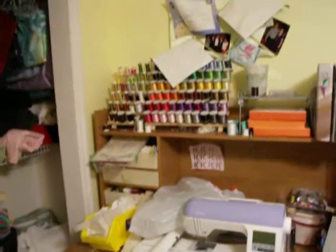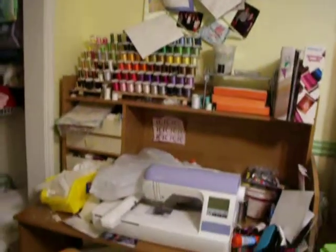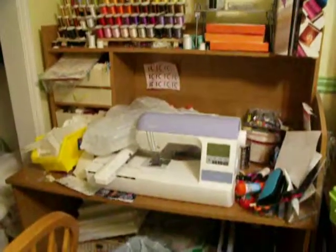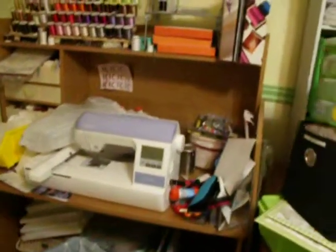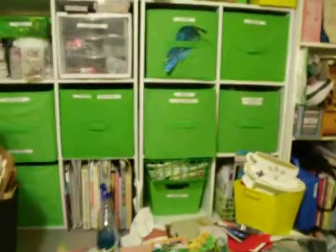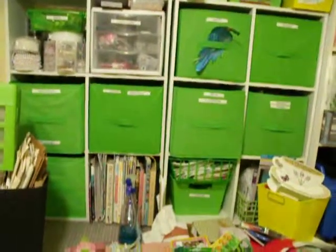You can see one time I had that thing up in the wall with all my creative ideas, and now it's kind of falling apart. I don't know, it just got away. Everything just got away from me. So I've just got stuff stashed down underneath. This is an old computer desk. And I had just gotten these green bins,